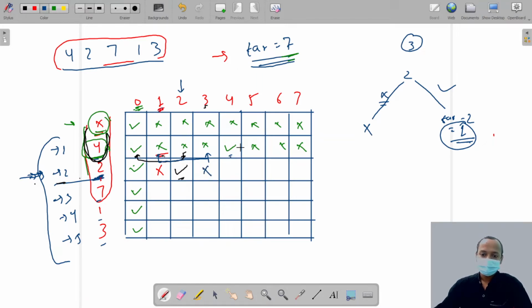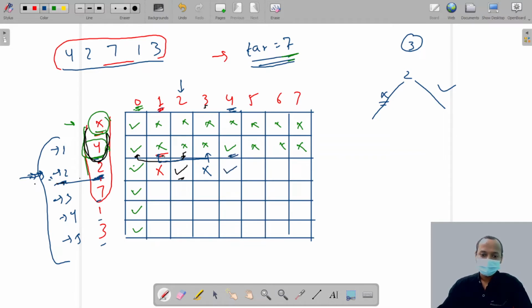Now I'm here. So now the target is 4. If we don't choose this player, let's see. If we don't select this player, then we ask the rest of them, can you make 4 runs without me? They say yes, we can make.